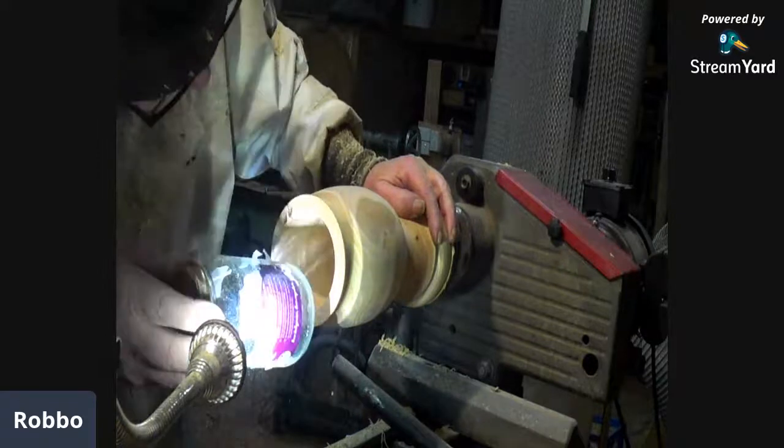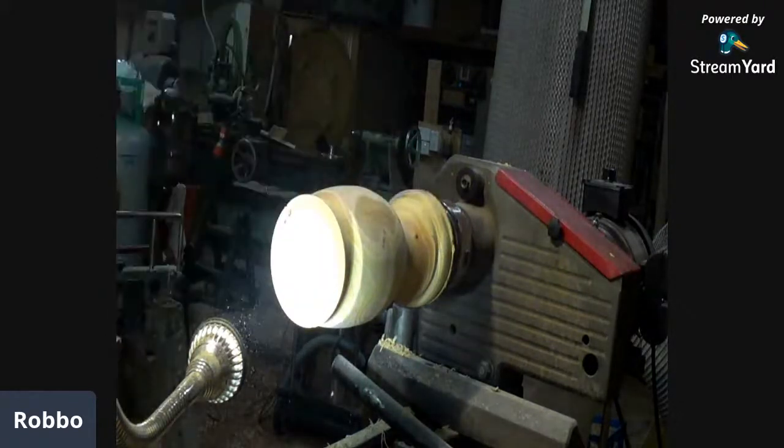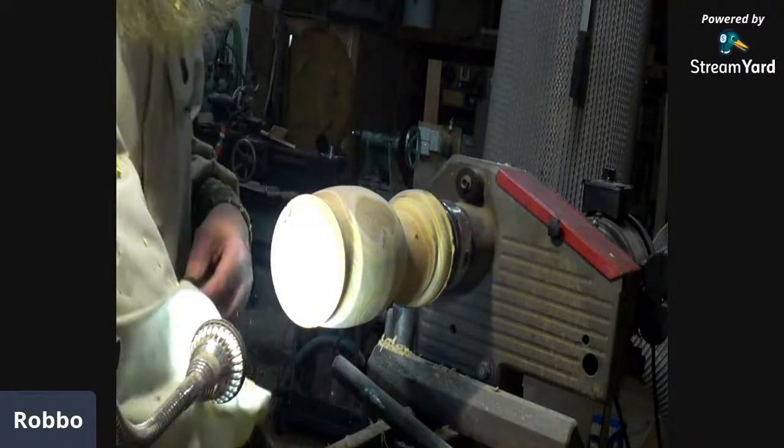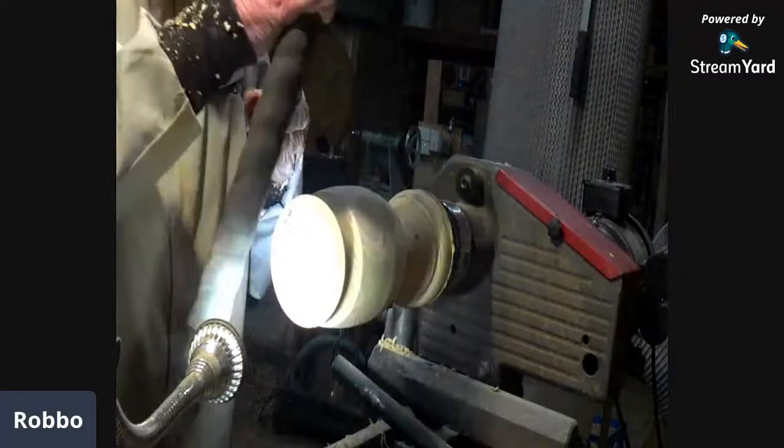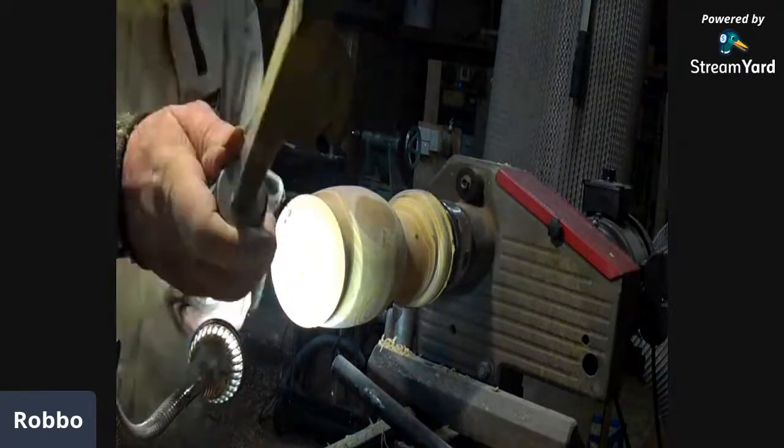Now our hole's tapering a little bit, and there's a good reason for that. When you're going down into a hole, even though this tool is actually rounded over on the end there,